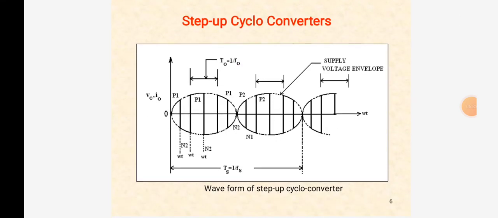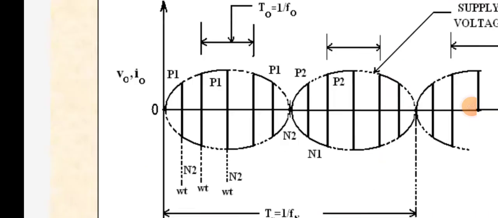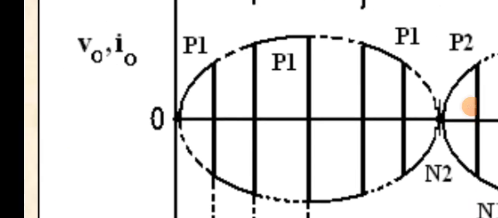In this waveform, if thyristor P1 is turned on at omega t equal to 0,